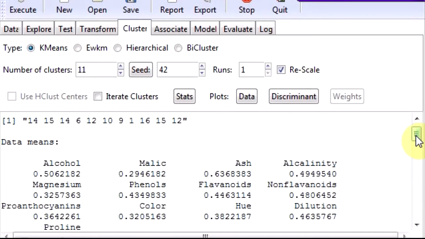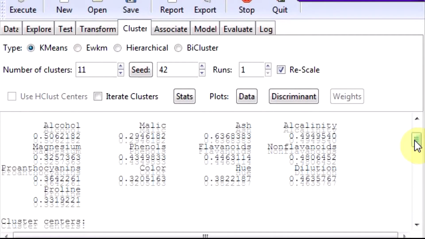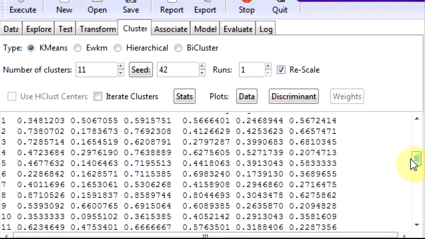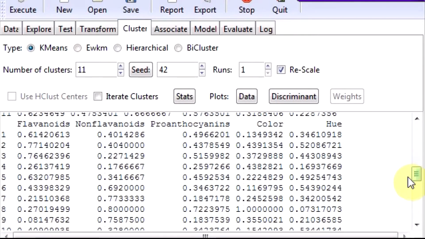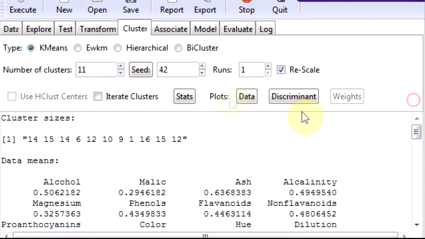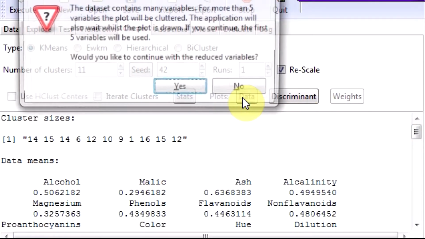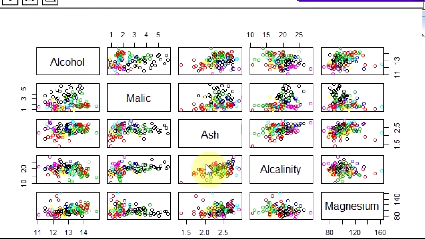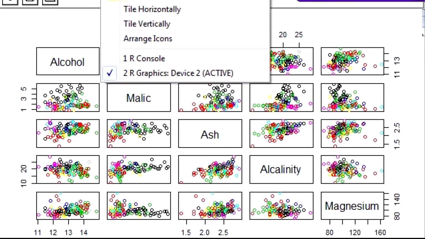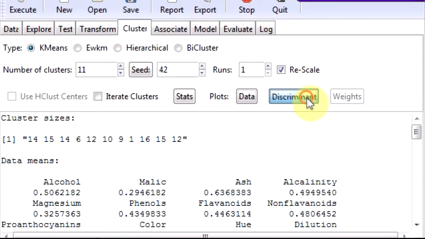Then it will give you the mean alcohol, the means of the variables in the cluster centers, right? And I can look at the plot of the data. So this is how the different clusters are in colors. Look at discriminant.